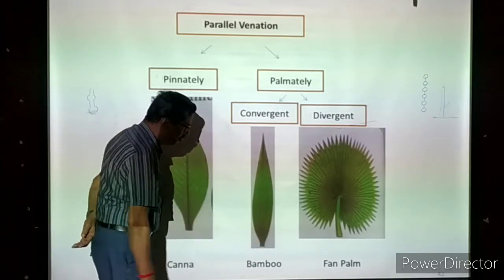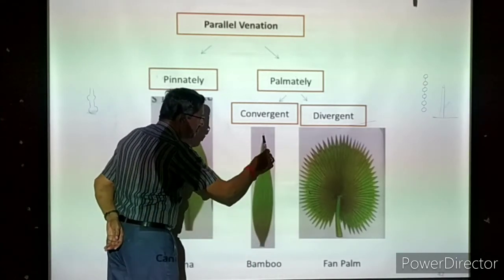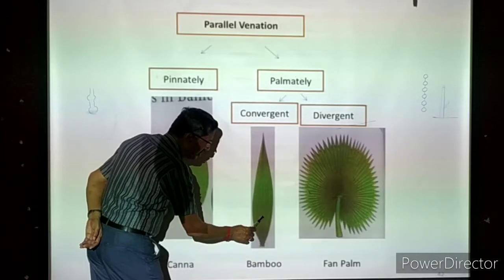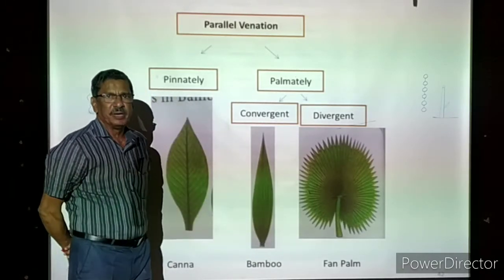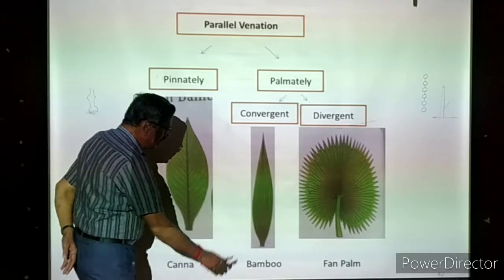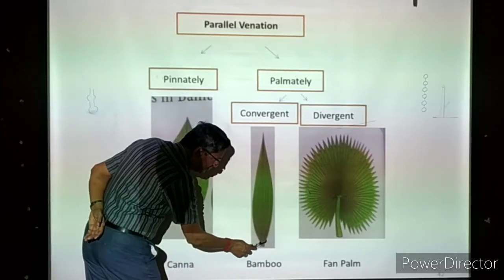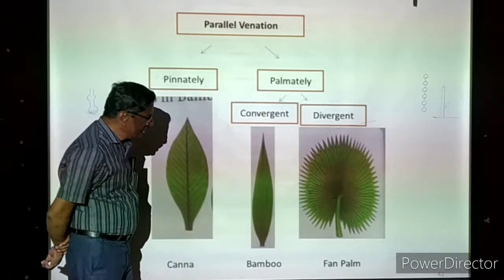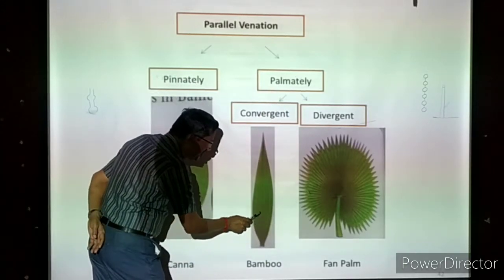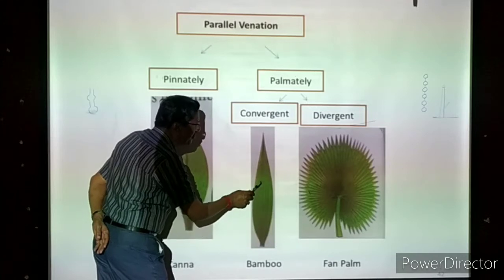Now you take this, that is a leaf. Leaf of bamboo. Now only the lamina we are taking. Now in the lamina, at the center, midrib is there. But all the veins are equally thicker. Like midrib, all the veins are equally thicker. Now all the veins are starting from the base of the lamina. That is called a palmate. Okay, base of the lamina. Then they are running parallel to each other. They are not touching each other. They are running parallel to each other.